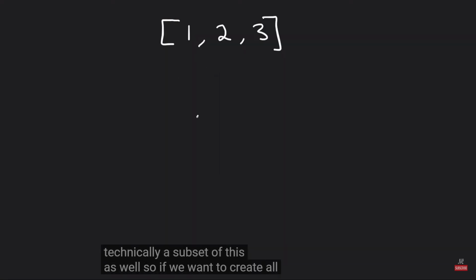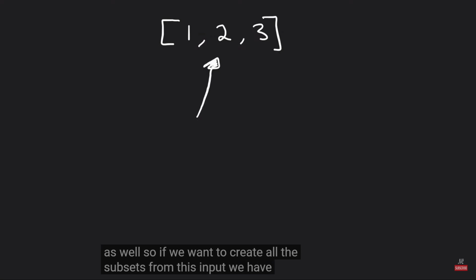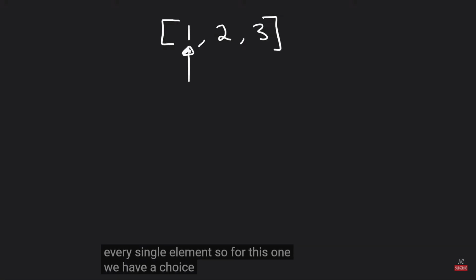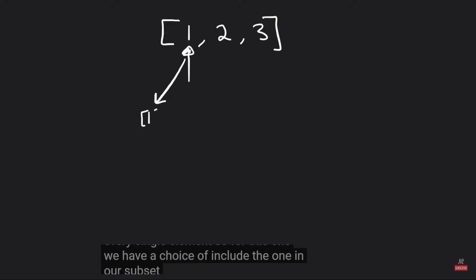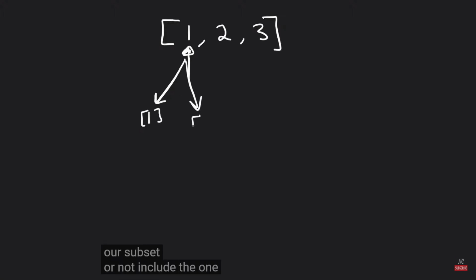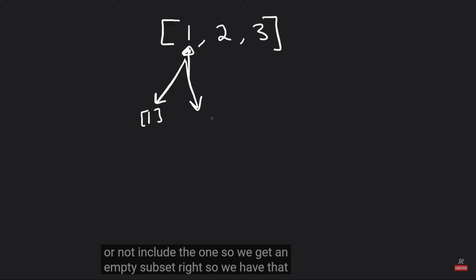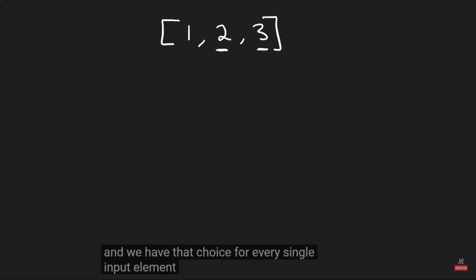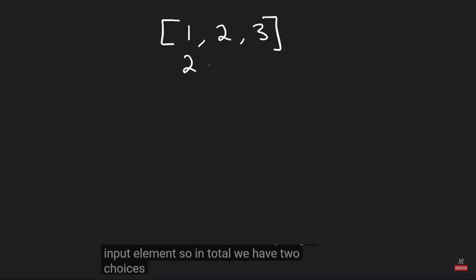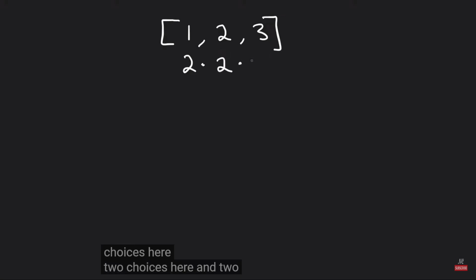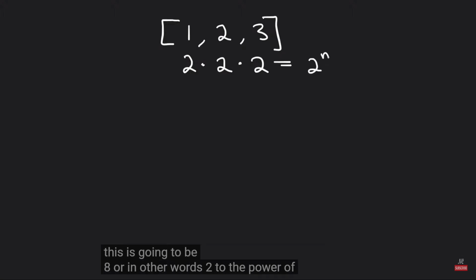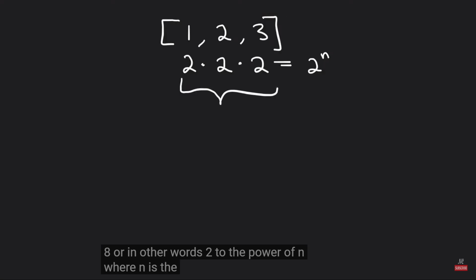So if we want to create all the subsets from this input, we have a choice for every single element. For this 1, we have a choice to include the 1 in our subset or not include the 1, so we get an empty subset. We have that choice for every single input element. So in total, we have 2 choices here, 2 choices here, and 2 choices here. So this is going to be 8, or in other words, 2 to the power of n, where n is the size of our input. So this is